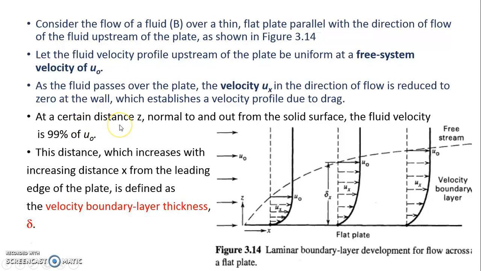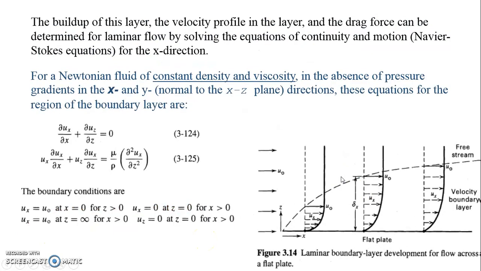At a certain distance z, normal to and out from the solid surface, the fluid velocity is 99% of U naught. This distance, which increases with increasing distance x from the leading edge of the plate, is defined as the velocity boundary layer thickness delta. So the build-up of this layer, the velocity profile of the layer and the drag force can be determined